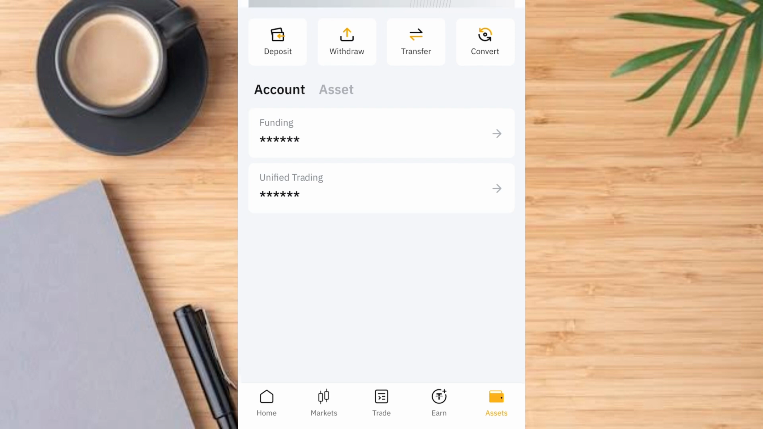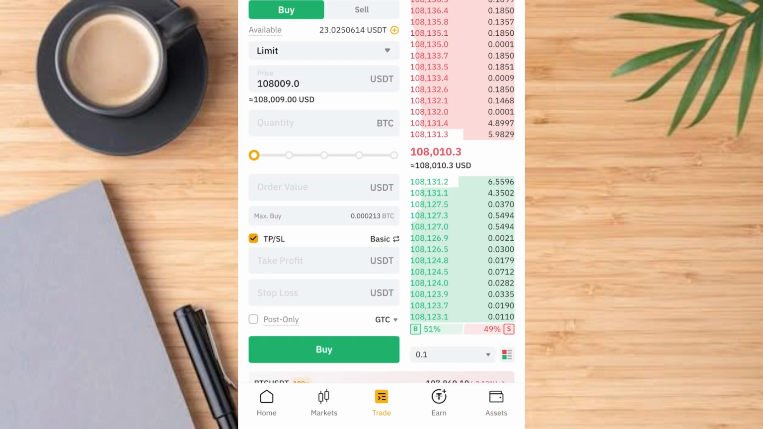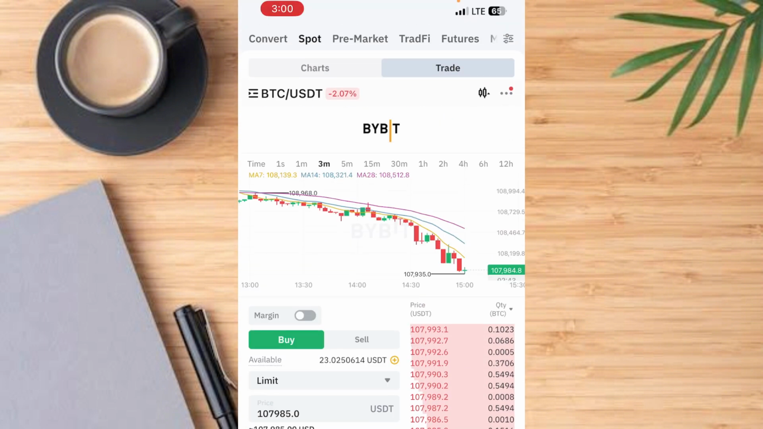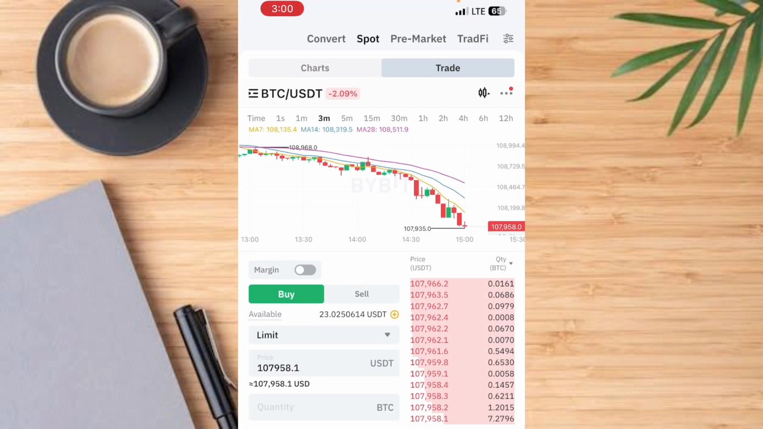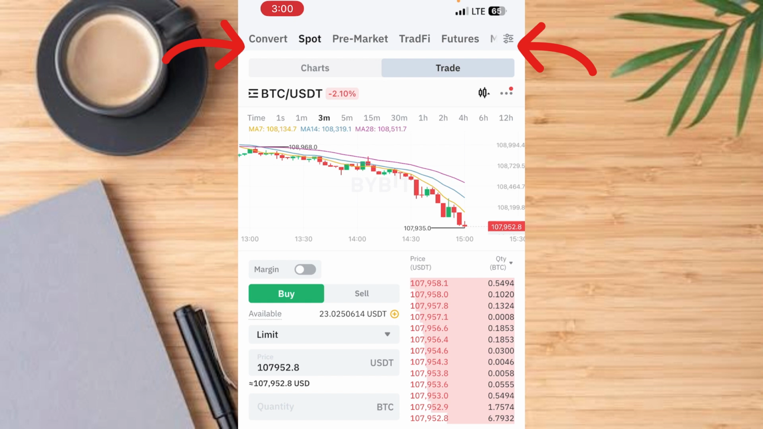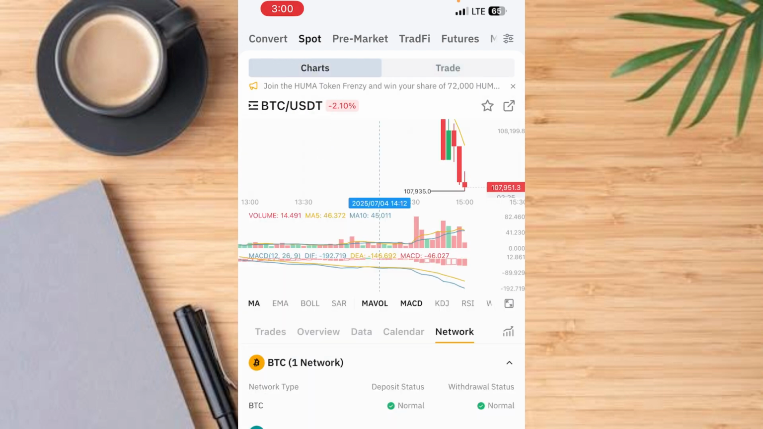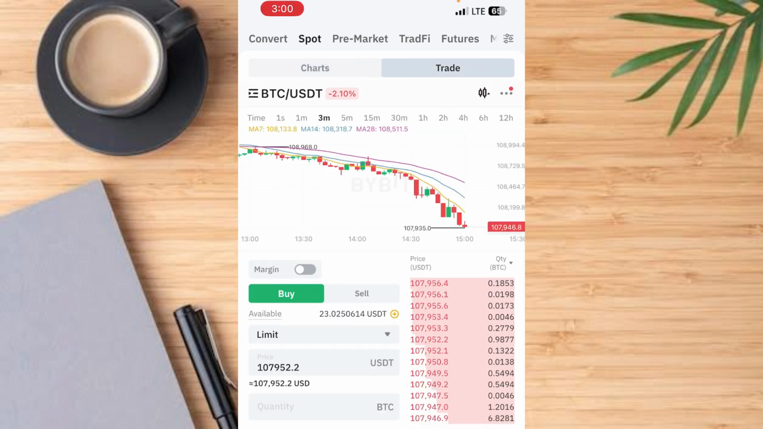The next thing you have to do is to go and trade. Tap on the trade button here. Once you tap on the trade button, you have these options at the top of the screen. You have convert, spot, pre-market, TradFi, futures, margin, and the rest. So go ahead and tap on spot trading. Once you tap on spot trading, two things happen here. The first thing you have to take a look at, you see the chart button here, as well as the trading option. So before we go into the trading properly,